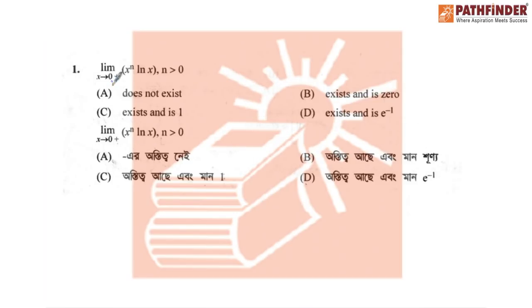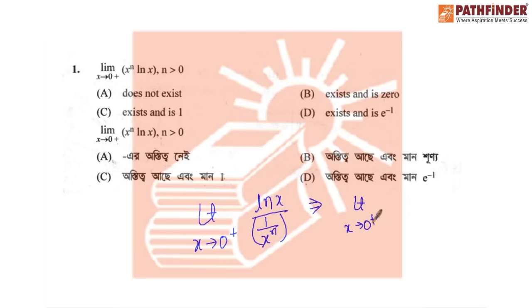It says that limit x tends to 0 plus x^n ln x, where n is more than 0. So, if we write the given function as limit x tends to 0 plus ln x by 1 by x to the power n, then this is minus infinity and this is also infinity. So it is basically in the form of infinity by infinity. So by applying L'Hopital's rule,